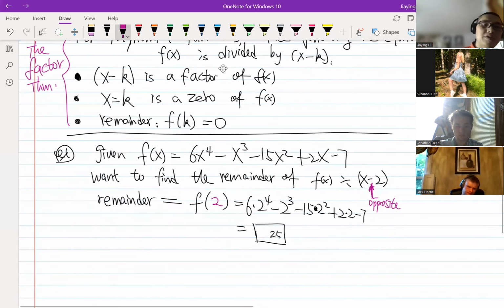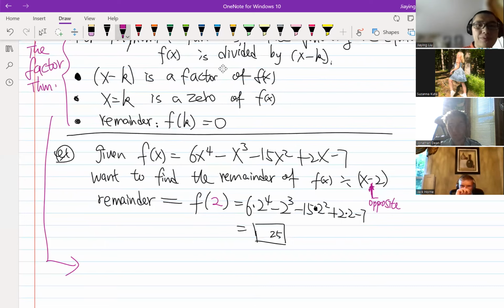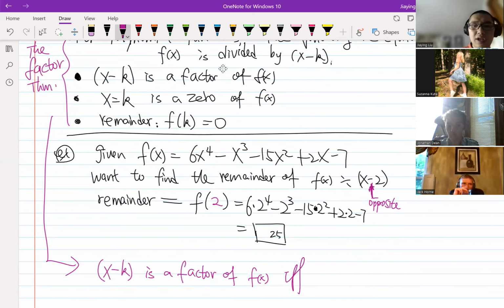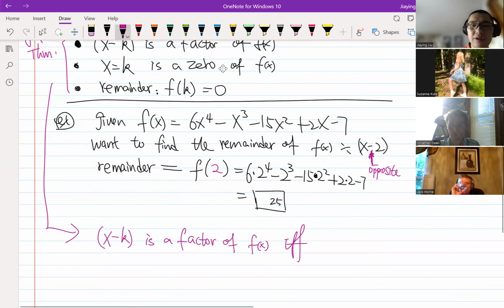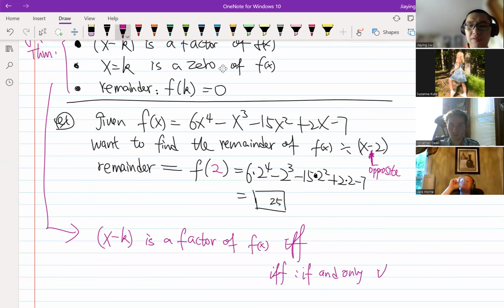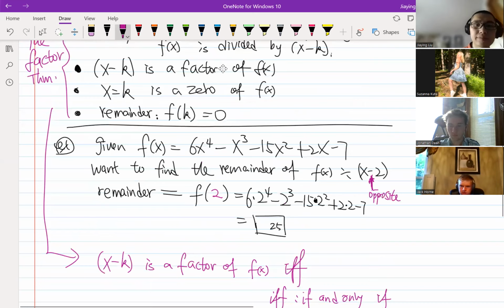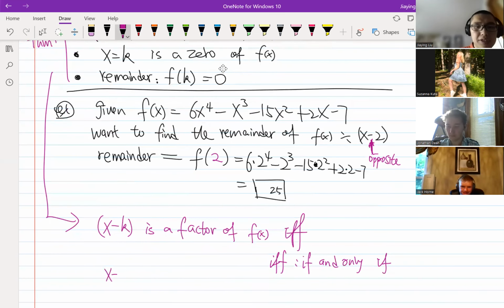Basically, what the Factor Theorem says for a polynomial function, x minus k is a factor of f of x if and only if, so IFF. So this means if and only if x minus k is a factor, x equals k is a 0